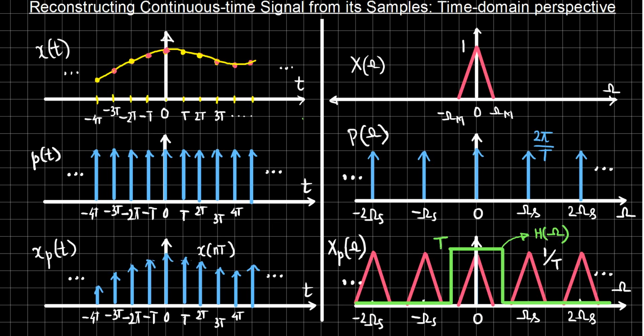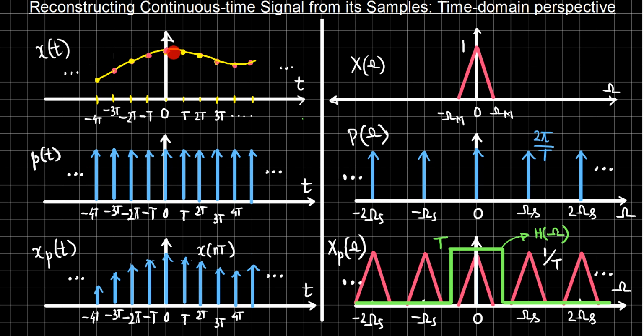Let us have a quick recap of what we have seen so far. We were having a continuous time signal x of t, and we have tried to sample that signal at some instances in order to obtain the samples of those signals. Those samples can be obtained by having a train of impulses, that signal that we have indicated by p of t, and if we multiply x of t with p of t, we are going to get the sampled version